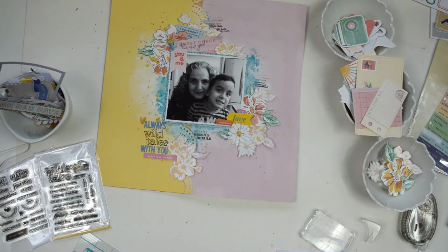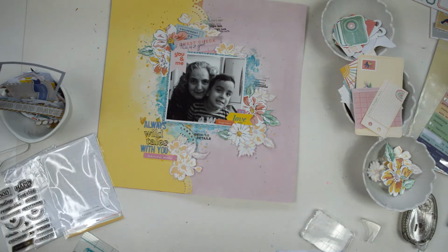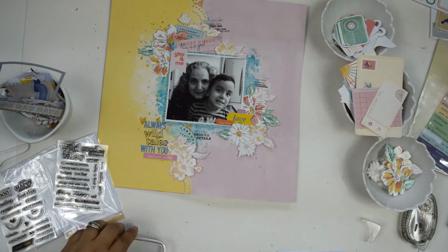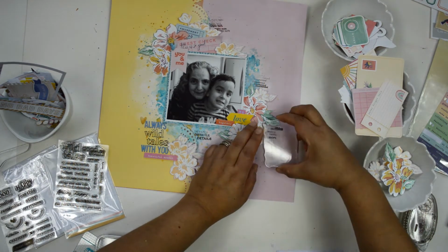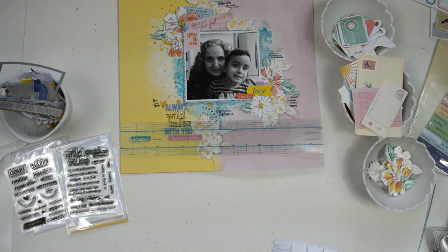And if you have seen the stamps that Citrus Twist Kits has released this month, they're great. They're not just functional, there's a lot that you can use for your planning and for a lot of organizing. So loving the stamps. And once I have everything stamped, I'm actually going to add my lines to journal